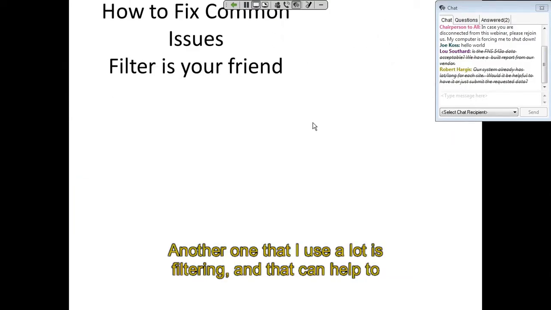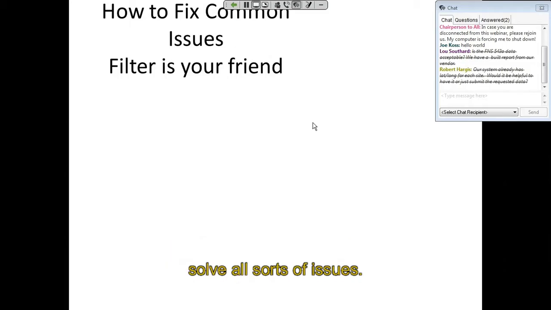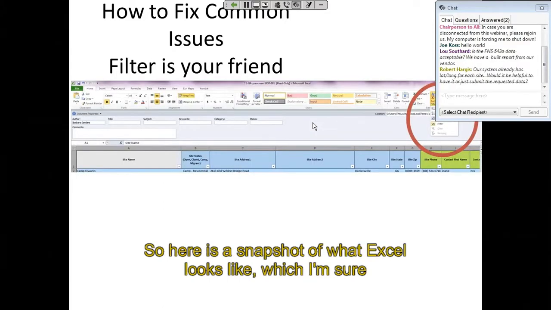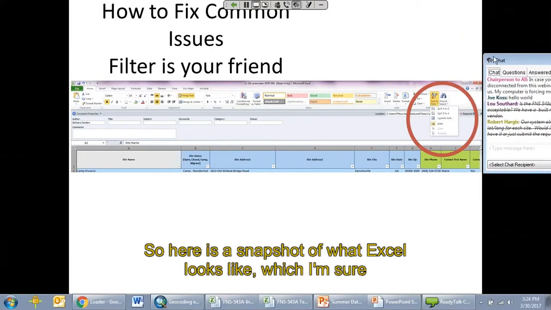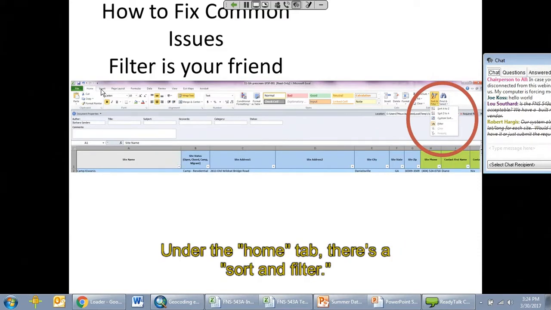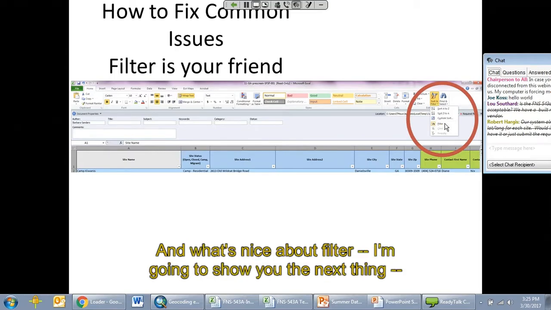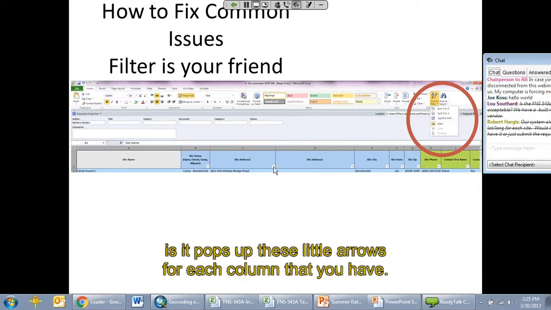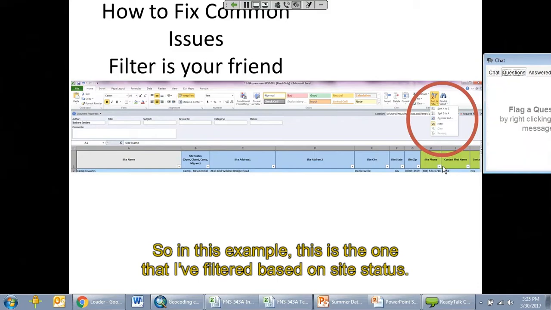Another one that I use a lot is filtering, and that can help to solve all sorts of issues. So here's a snapshot of what Excel looks like, which I'm sure you're familiar with. Under the Home tab, there's a sort and filter, and you can see here there's a filter right here. What's nice about filter is it pops up these little arrows for each column that you have. And so in this example,